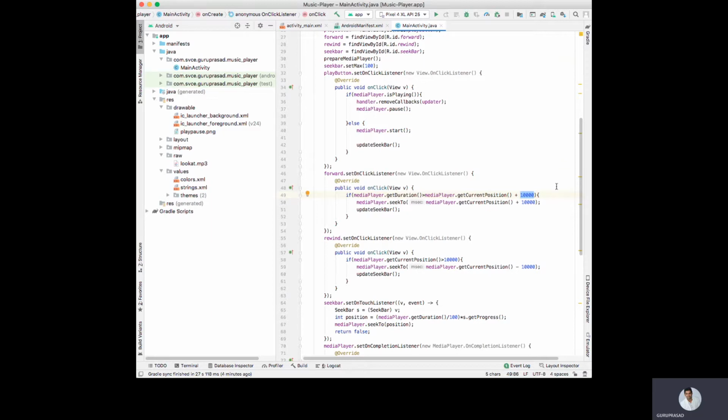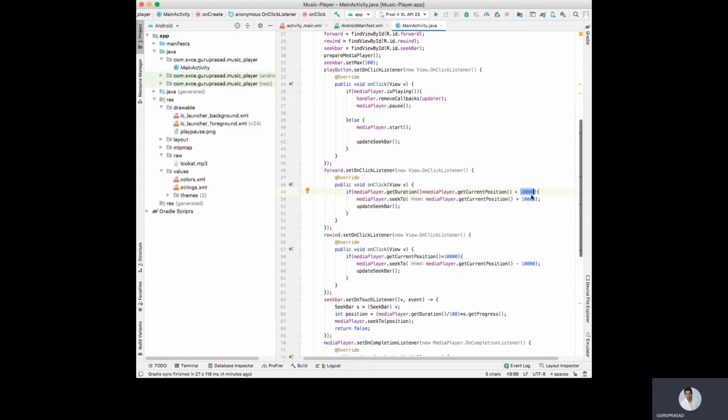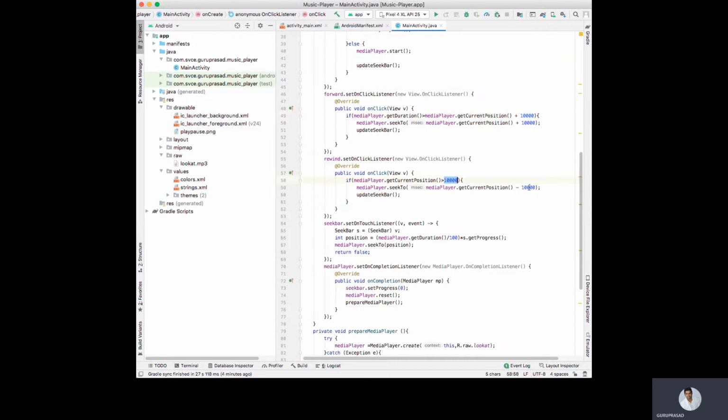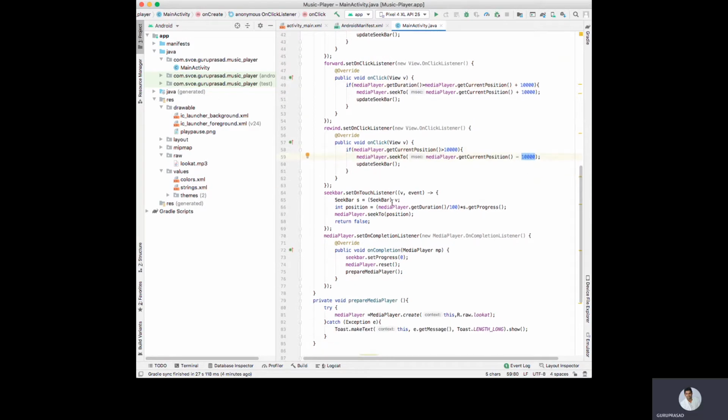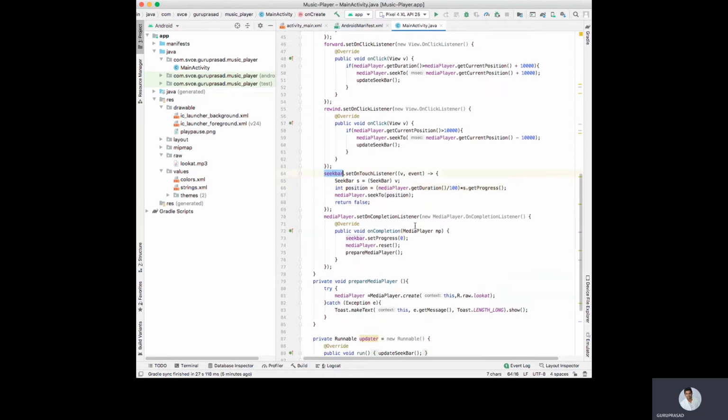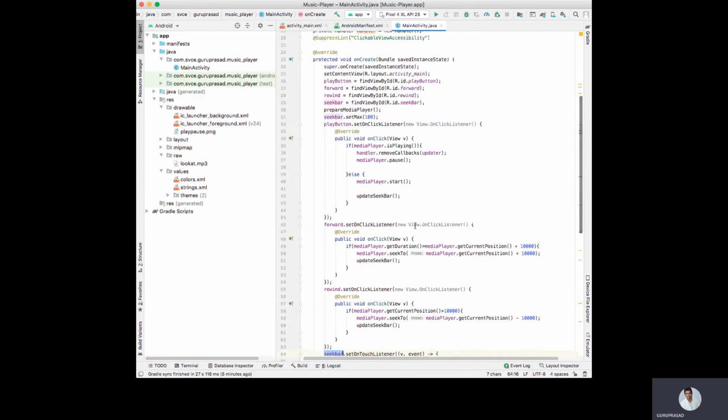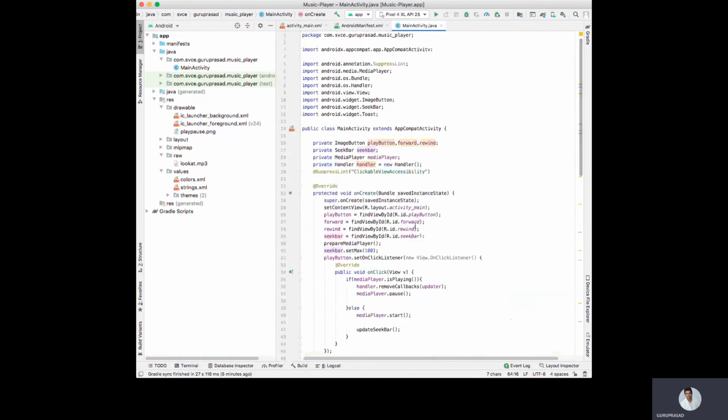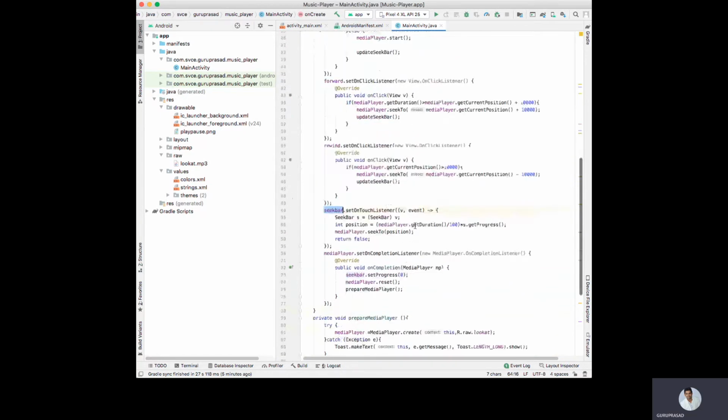So current position plus 10 seconds. Rewind, current position minus 10 seconds. Then seek bar, to go to a desired position, say for example 3 minutes 53 seconds or 3 minutes 49 seconds, we are using the seek bar. So once you run this, you will get to know the desired output.